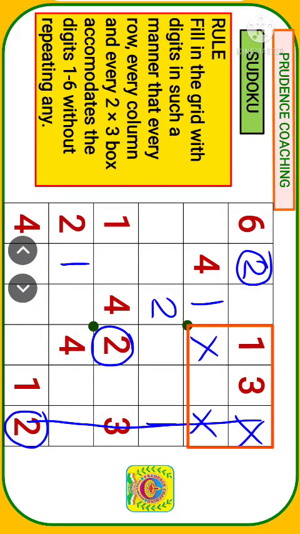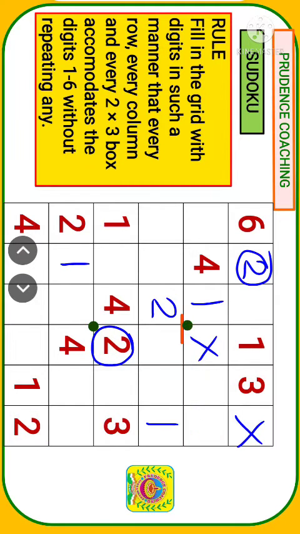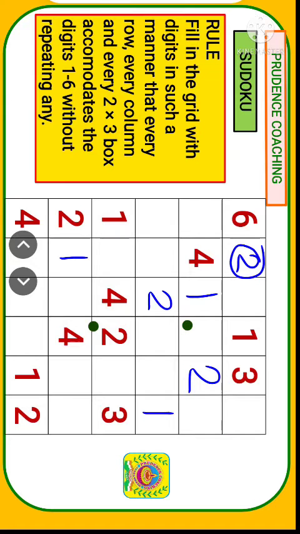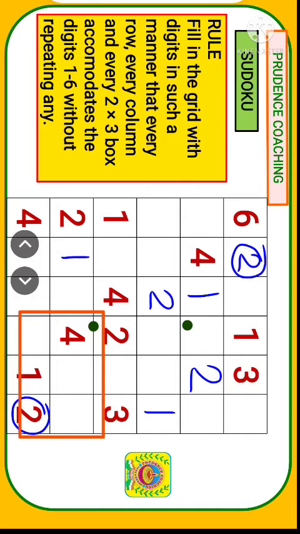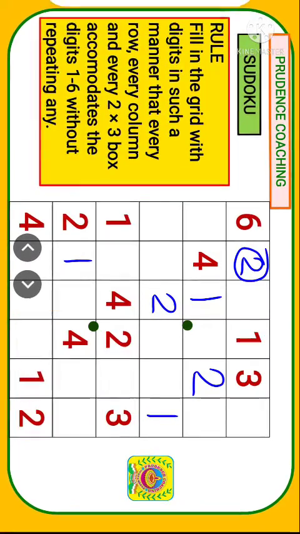So only one position for 2 is left over, that is here. So let us write 2 here. Now let us move on to the next 2 into 3 box. Here we already have a 2, so no repetition of 2 is required here. In the next 2 into 3 box we also have a 2 here, so no need to write another 2 here. So we have completed all the